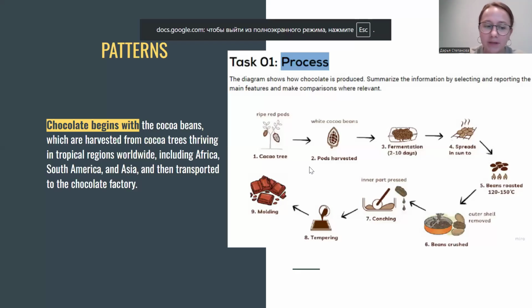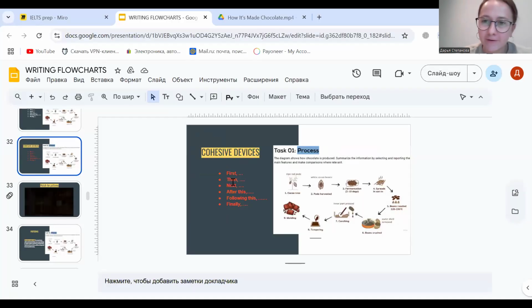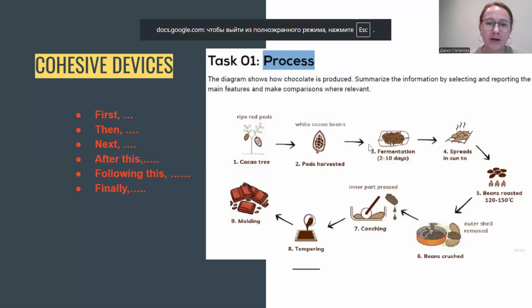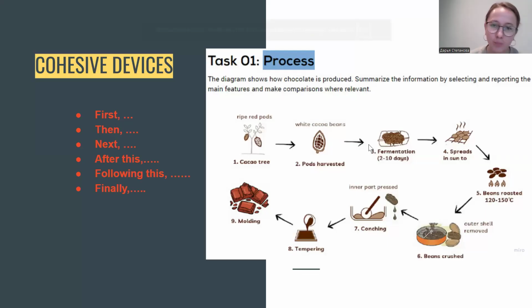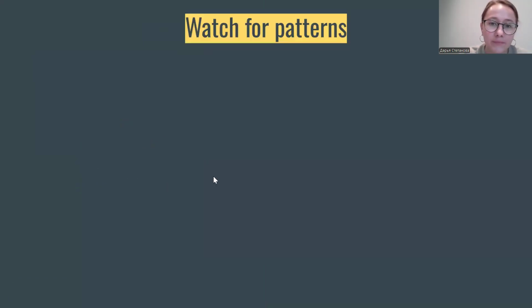But the point that we want to draw your attention to is that there is no mechanical description. Like, first, I don't like cocoa, first, cocoa pods are harvested, then they are fermented. Next, they are spread in the sun to be exposed to sunlight. Because this way of presenting key steps is mechanical. It is repetitive, and it robs you of the chance to show off your grammar. But instead,